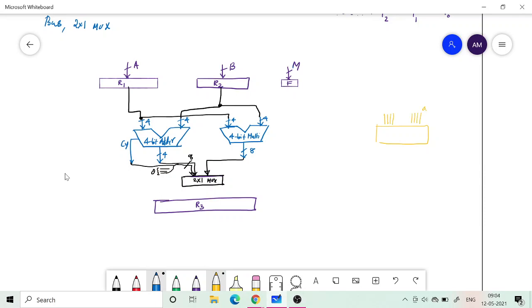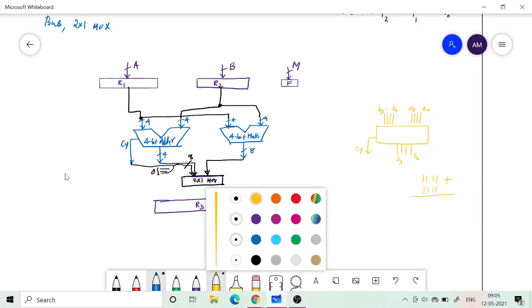This is my A0 to A3, and this is my B0 to B3. If you add two 4-bit numbers, you will have S0 to S3, and in addition there will be a carry. This is how you get the output. The maximum number I can take is what? I can take 1111 plus 1111.